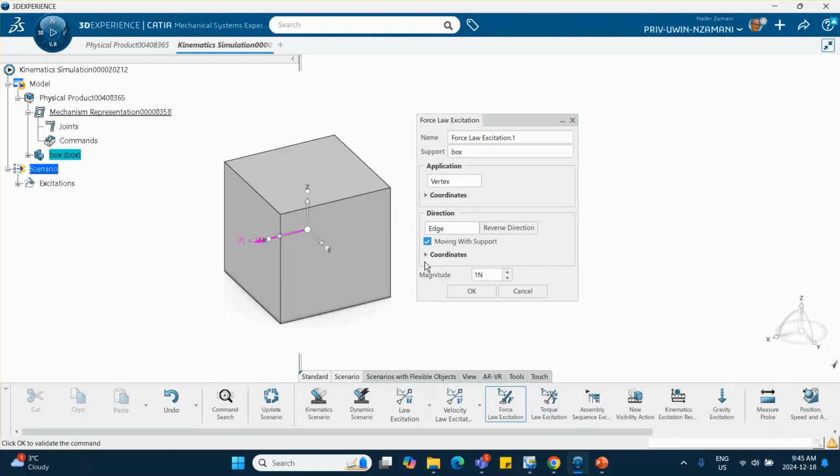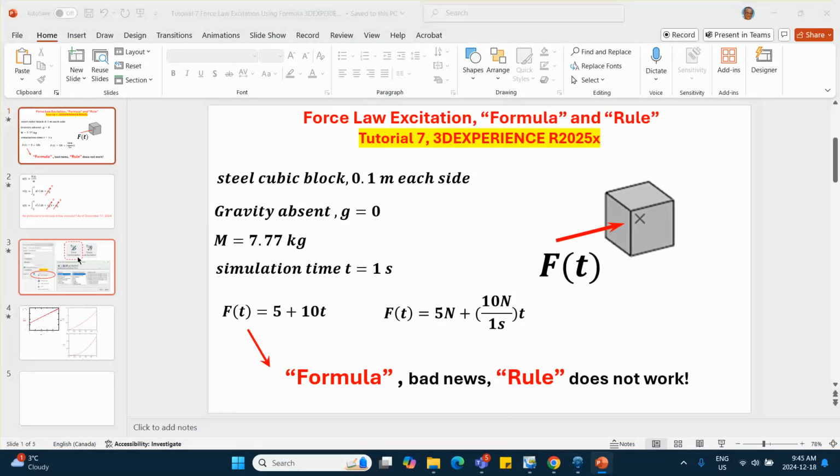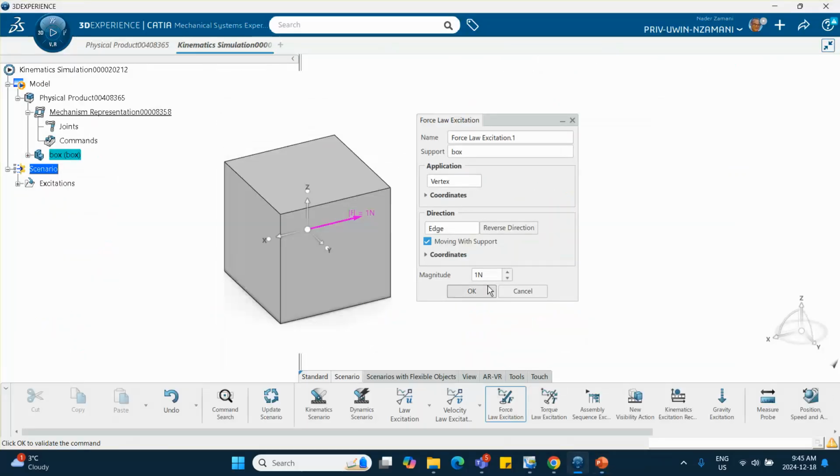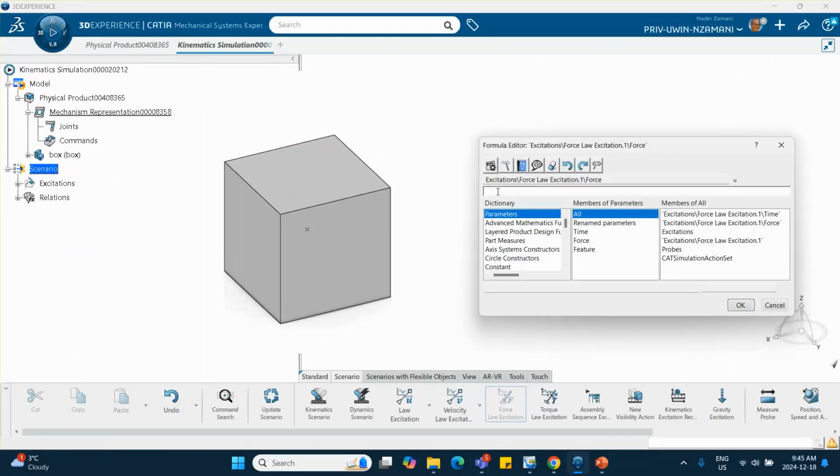If you want it to go in the other direction, let me flip it. Now this is the default magnitude of 1, but I don't want a constant value. So you put the cursor there, right click, edit formula, right there. So what I'm showing you is basically this. Let's go back there, right click, edit formula. This opens up, so the force equal to 5 Newton